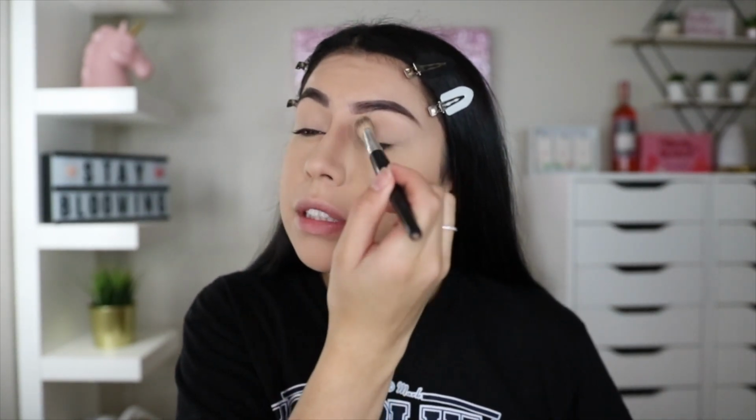I still have the concealer on my eyes. Let me blend it out again because it was starting to crease. And then I'm gonna go in with some translucent powder and set the eyelids. And then this is where I saw Desi take the powder and then whatever was left over on the brush,